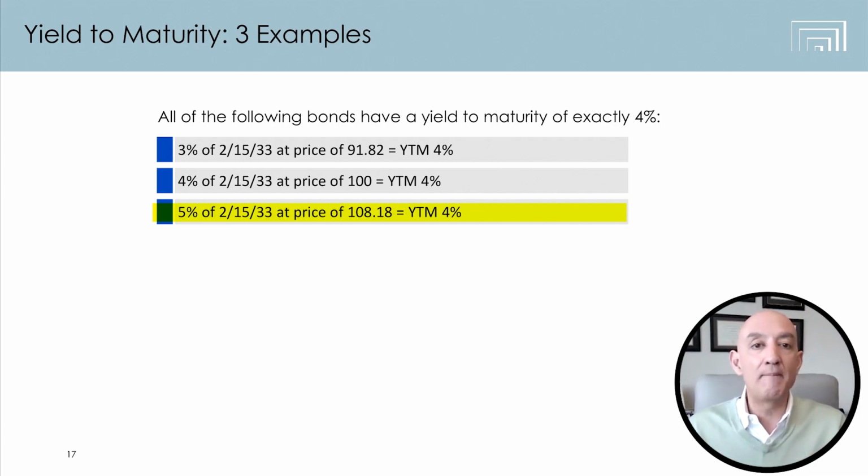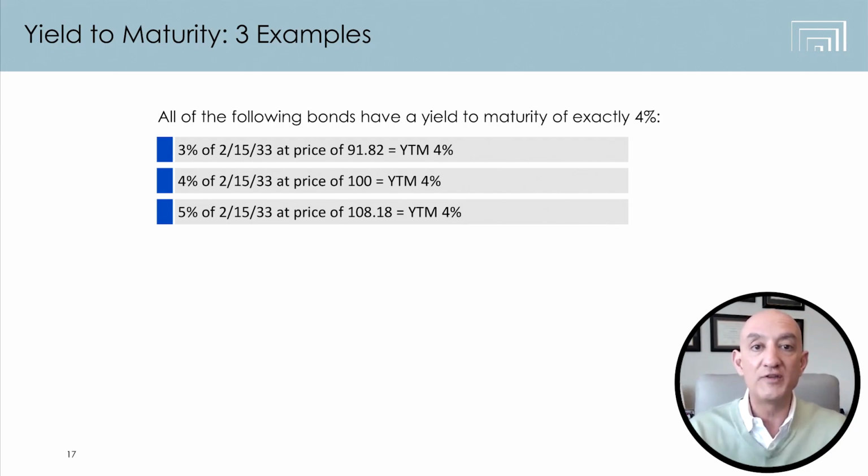Well, now the seller of that bond is not going to let it go for 100 cents on the dollar when prevailing interest rates are at 4%. So that seller is going to command a premium, and that bond would also have to have a yield to maturity of about 4%. So that bond will trade at a little over 108 cents on the dollar. So in other words, on this bond, you're spending $1,081.80. You're getting $50 a year in interest. And then 10 years from now, you're getting $1,000 back. All of those numbers crunched together give the holder, the buyer, a yield to maturity of 4% per year.